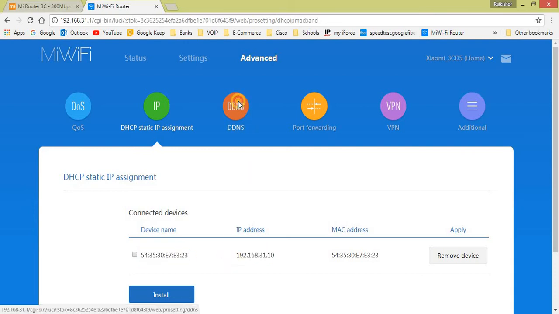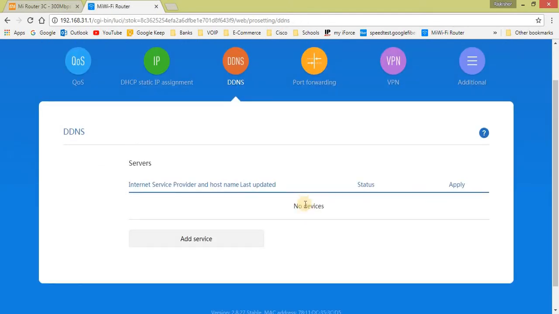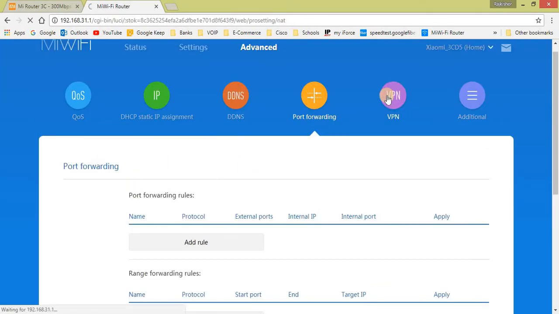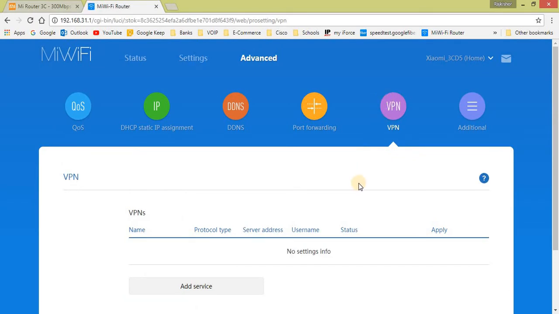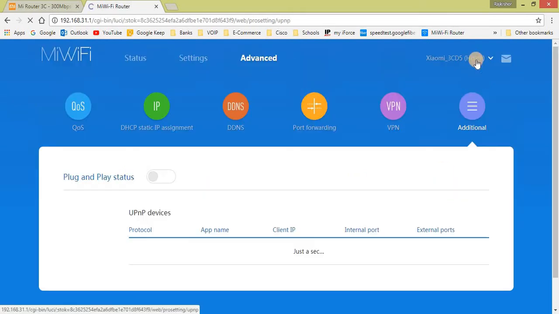Okay, then the next is DDNS. It's something kind of DNS related, where you can give the naming kind of settings. I'm not too aware of these options. And VPN, so if you try to connect directly to any devices, any VPN to your office network or something, then you can use the VPN settings here. And in additional,